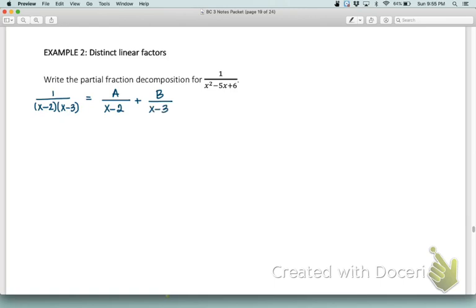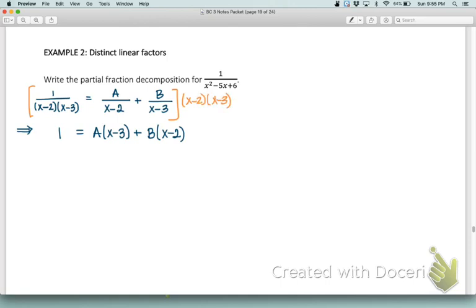If we multiply through by the LCM, that tells us that we have the following relationship. We're going to multiply by the denominator of the initial fraction. That's what it's going to be every time. So we're going to get 1 equals a times x minus 3 plus b times x minus 2. Now again, I kind of skipped a step here, but what we did was multiply everything through by x minus